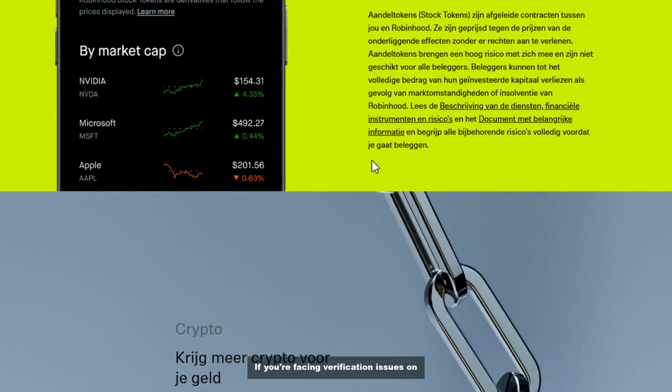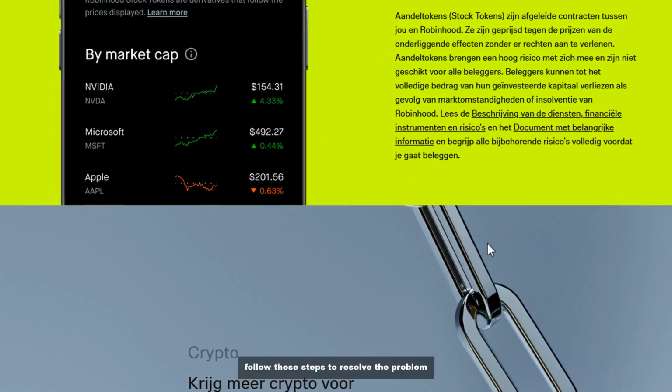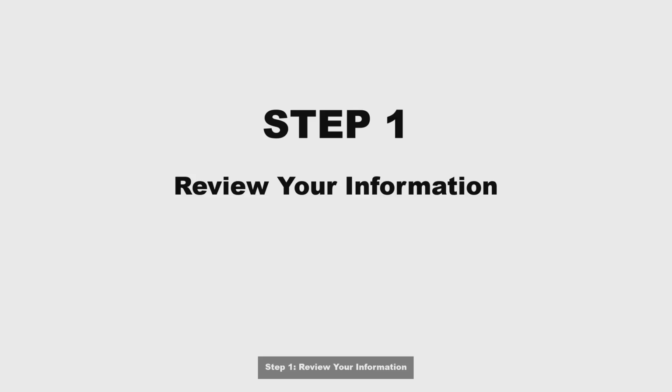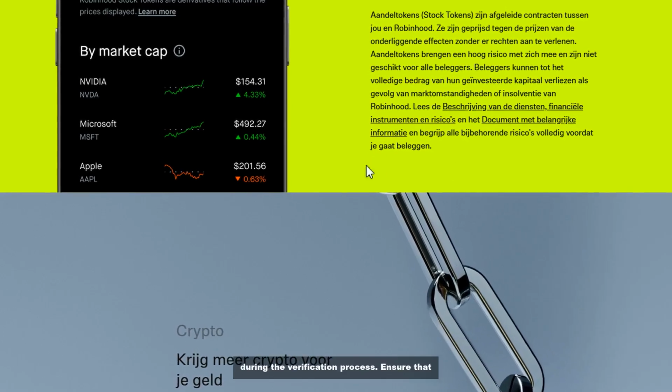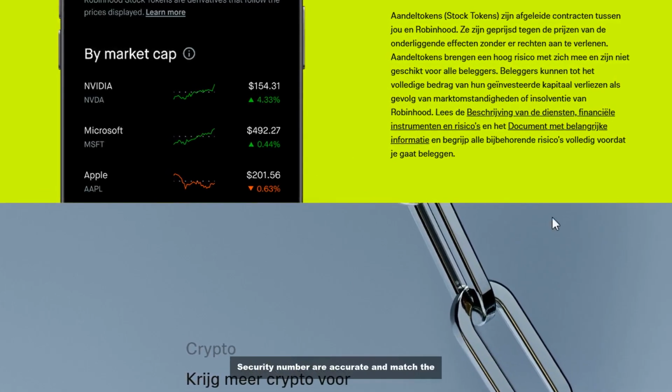If you're facing verification issues on Robinhood after multiple failed attempts, follow these steps to resolve the problem effectively. Step 1. Review your information. Check the personal information you provided during the verification process. Ensure that your name, address, date of birth, and social security number are accurate and match the documents you are